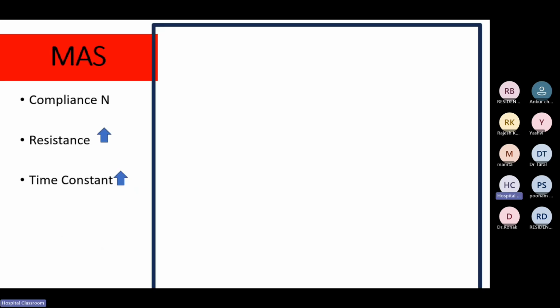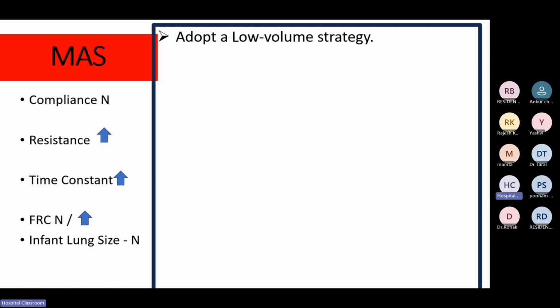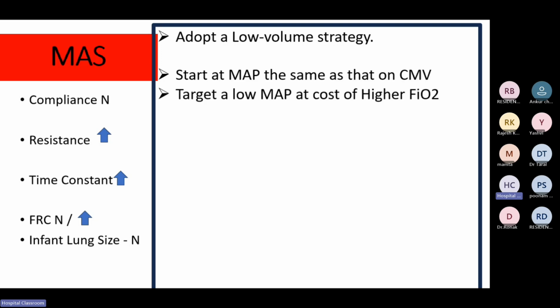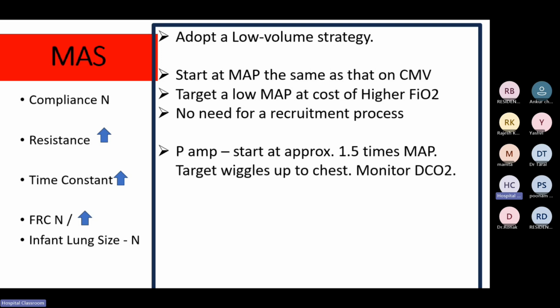Coming to meconium aspiration, again, the problem would be that resistance is high, time constant is high, FRC may be normal or it may be high, and the lung size is normal most of the times. So in this case also, if you are dealing with a bad lung or a patchy lung, or a lung which is otherwise expanded in some areas and unexpanded in certain areas, it is better to go for a low volume strategy. You start with a mean airway pressure same as that on conventional ventilation. You target a lower mean airway pressure at a higher FiO2,